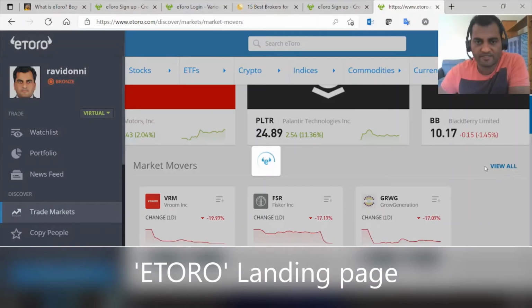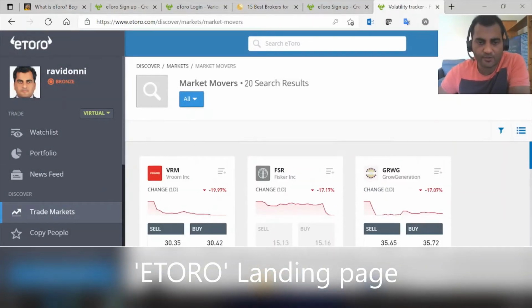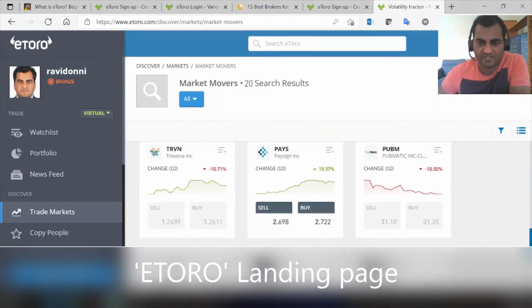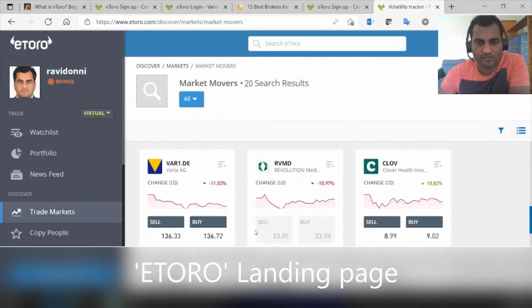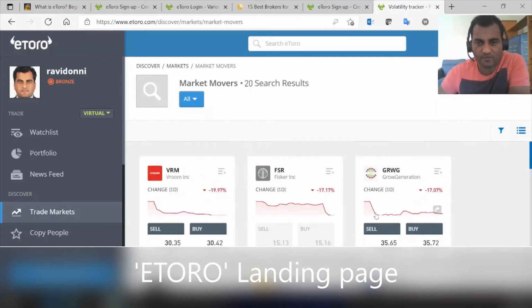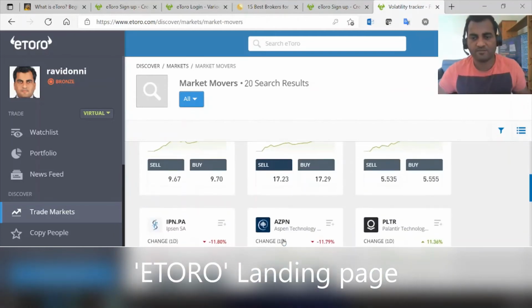For example, you can see here, these are the top transactions that are happening currently in eToro. So that's the list which is categorized here. This is the trend it is giving by default. So if you want to look into something to start with, then for example, let me select something like